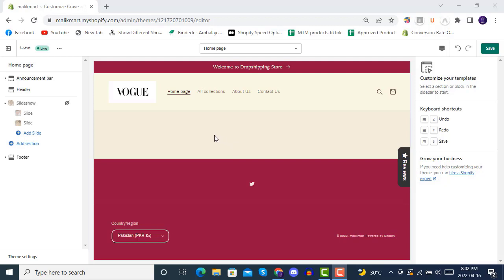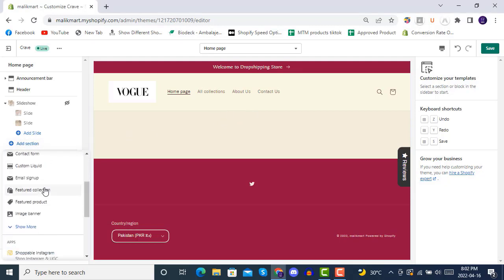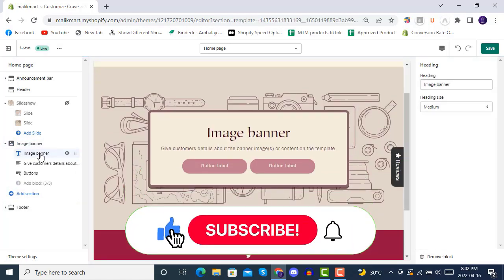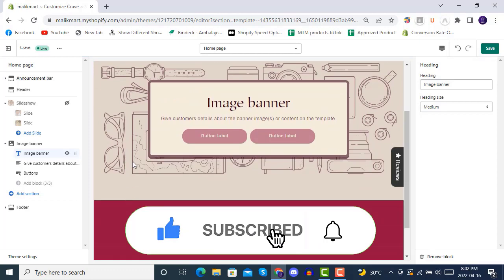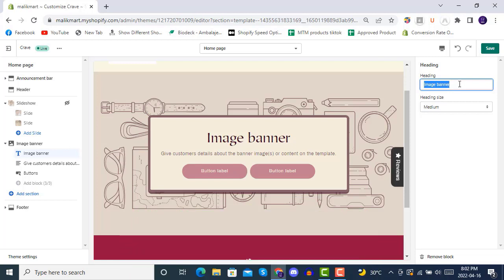Today we are going to add a banner section under the header in our store. For this you have to click on add section here and then search for image banners. Once you click on it, you will see this thing here under your header. So make it like this, you can edit the heading,